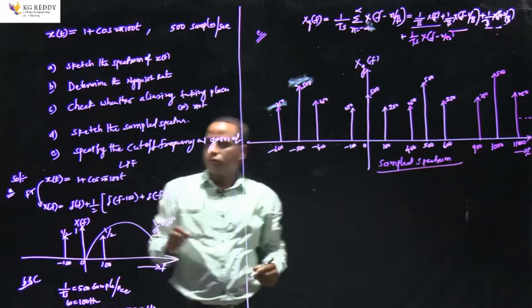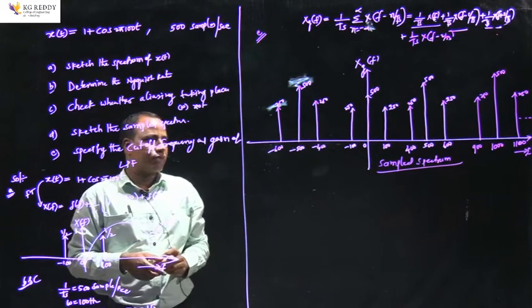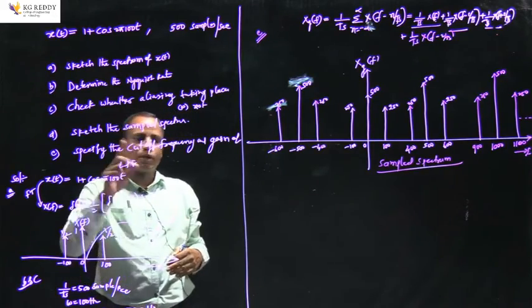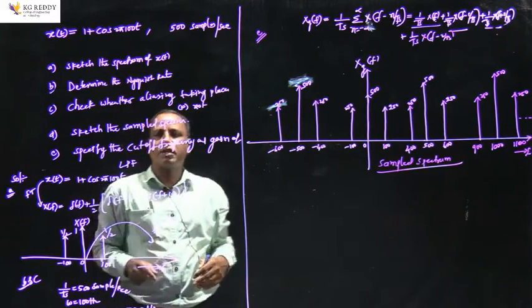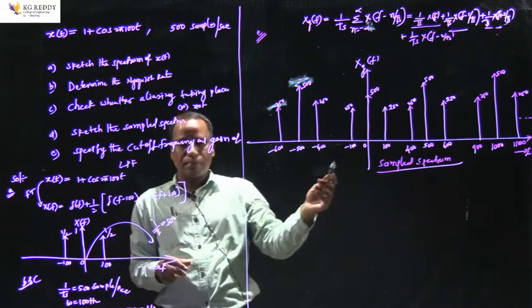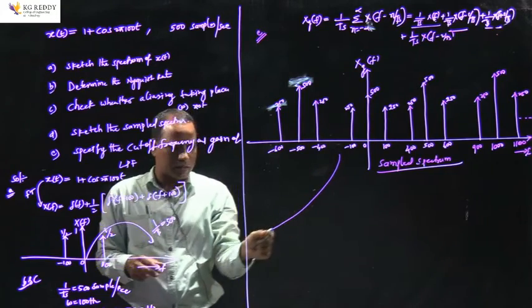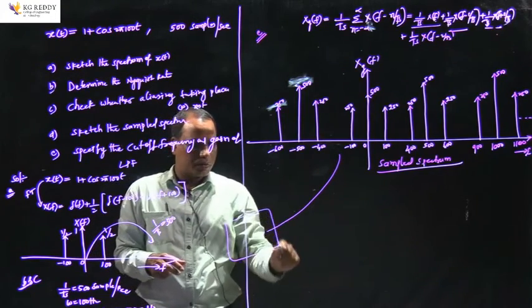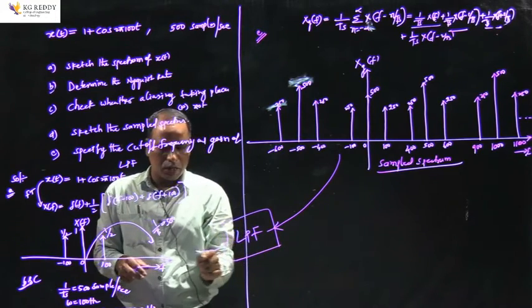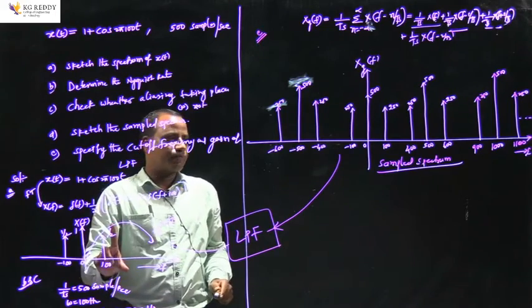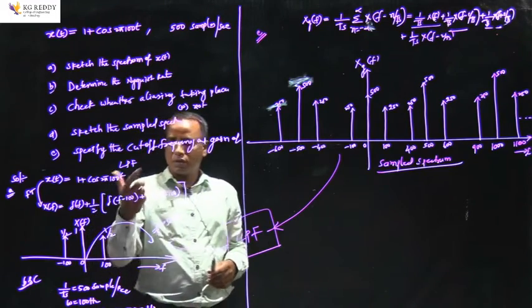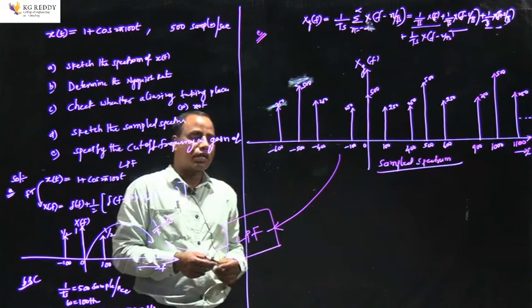And now the question E says we need to design a low pass filter which is used to get back the original spectrum from the sample spectrum. So we need to specify the cutoff frequency and the gain of the low pass filter by which we can get back this original spectrum. It's something like this. This is a sample spectrum, and we need to pass the signal through an ideal low pass filter in order to get this particular signal. Output is this and input is this. We need to design a low pass filter, and determine its cutoff frequency and gain.